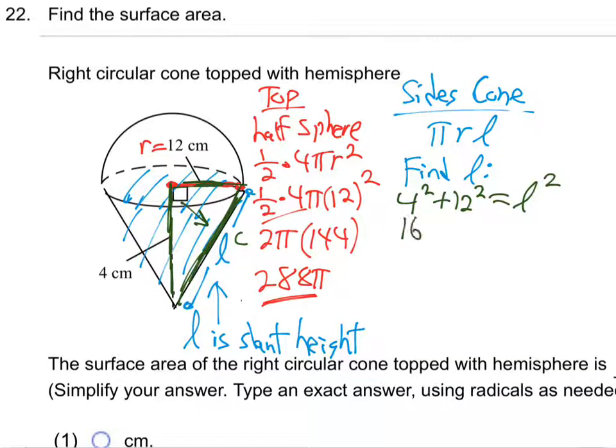So we get 16 plus 144 is L squared. That's what? 160 is L squared. And so then we root it, and so L